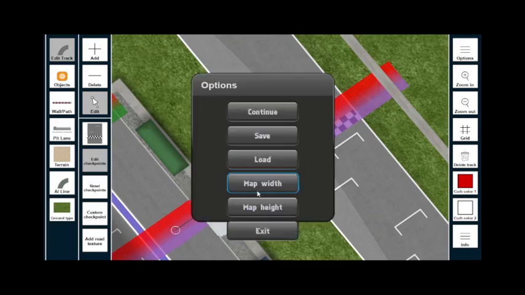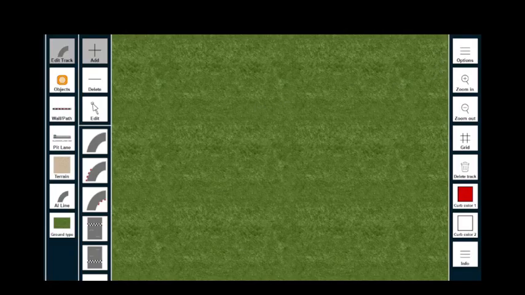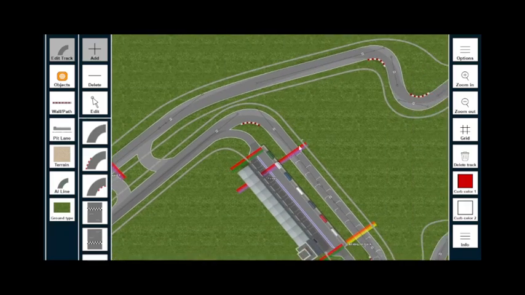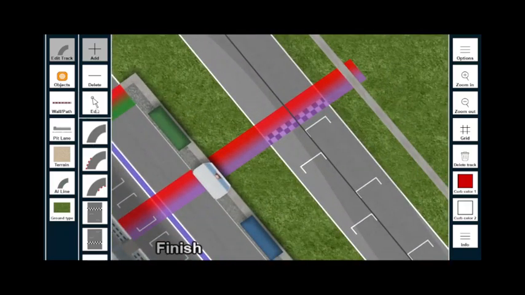Let's load. It's gonna save, all the progress was literally saved. I just literally saved the track before doing this. So